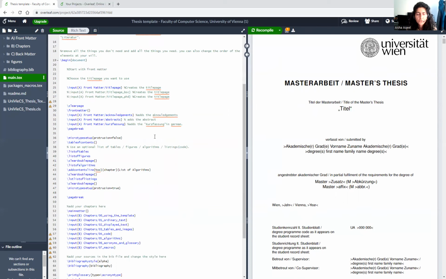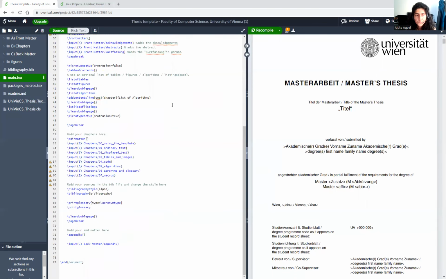title page, acknowledgement. Usually in the templates the instructions are already there, which makes life a lot easier. You can just follow the instructions, put the text where it asks, and then here you can put whatever bibliography style you need, and just enter the name of the bibliography file, which is here .bib.